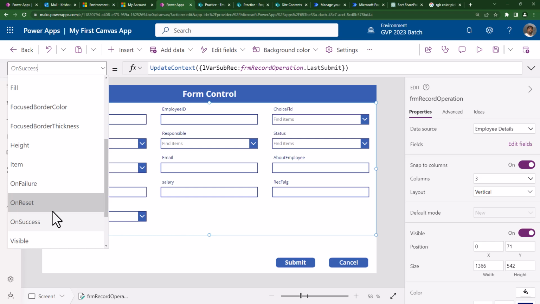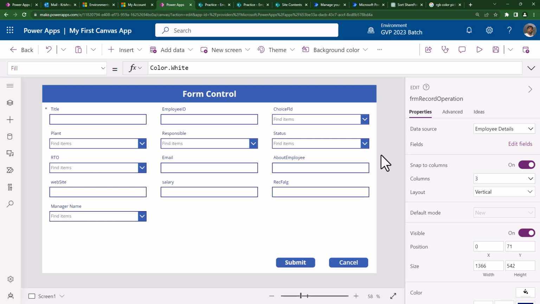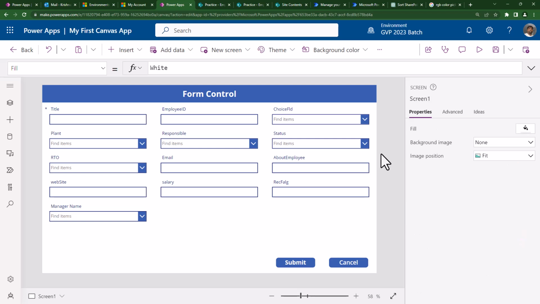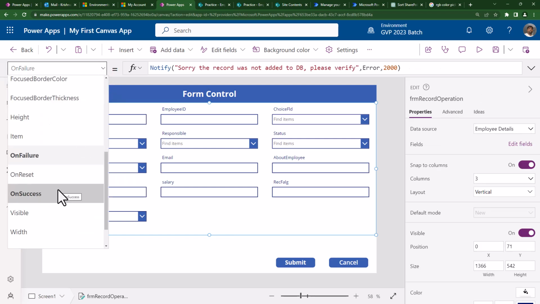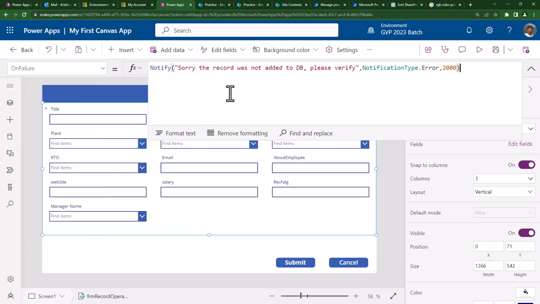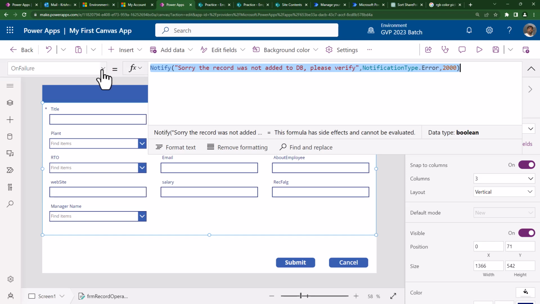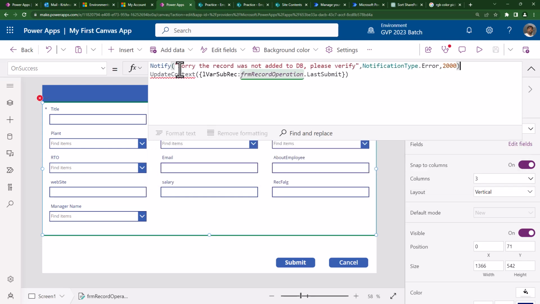a message as, sorry, the record was not added. This way, the user will know what operation took place and what operation did not go through. Also, on success I can do more than one operation. Like I can even send a message, or show a notification similar to on failure. I can show a notification on success stating that